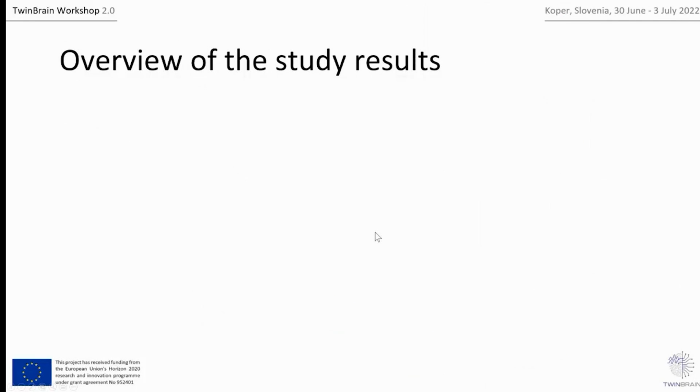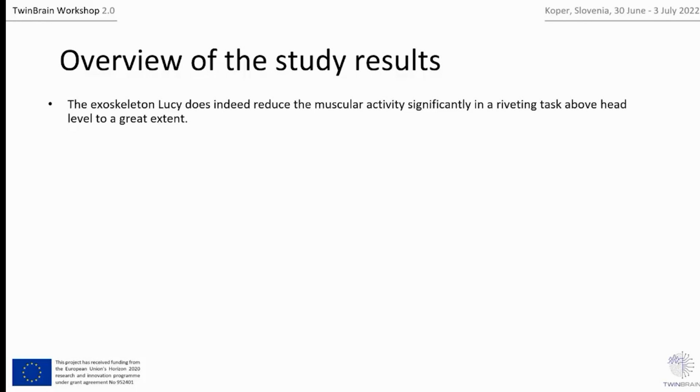So, in a short overview of the study results, we saw that the muscle activity reduced significantly in the riveting task above head level to a great extent. The difference between traditional biomechanical analysis with maximum and minimum or averages is that we can see where the changes actually happen during the motion. So the analysis of the repetitive motion is quite different to traditional statistical analysis when I'm able to look at the whole motion in all its complexity